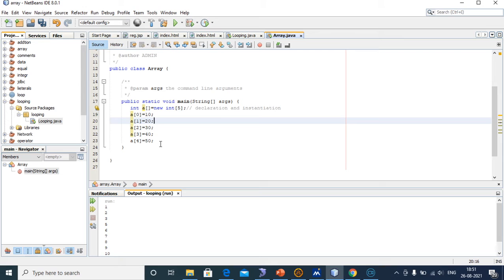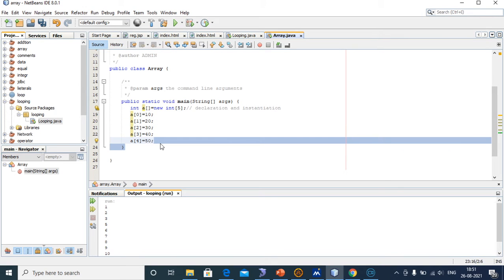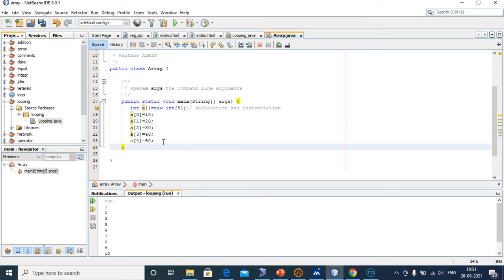After that we have to print the array elements, creating the for loop.